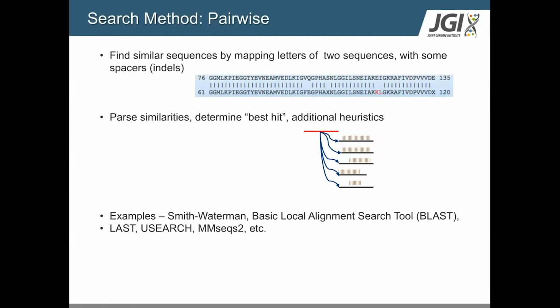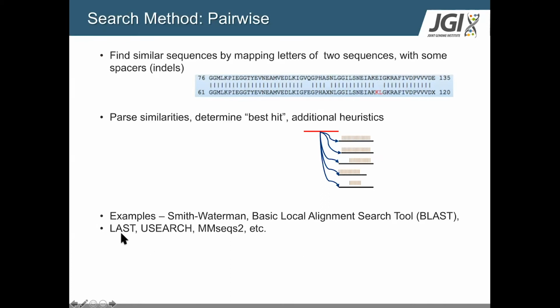One is everybody's favorite BLAST, which is called the pairwise method. And all that is you have two strings. In this case, it's amino acid sequences, and you map these two strings, allowing for certain substitutions, a certain amount of insertions and deletions, and then you use kind of this best hit approach to parse the information, and then you transitively assign function based on that, and BLAST is an example of that.